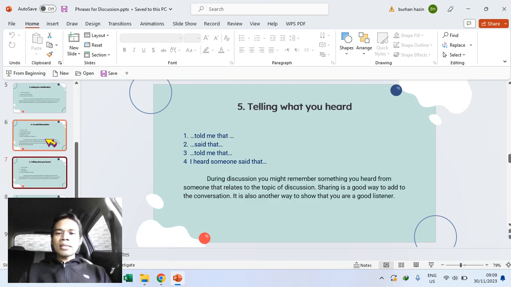Next one is telling what you heard. So how to tell what we heard? We have some phrases here: told me that, said that, and so on and so on. So we have some phrases that can also be used when we want to tell what we heard. For example, we're going to say,